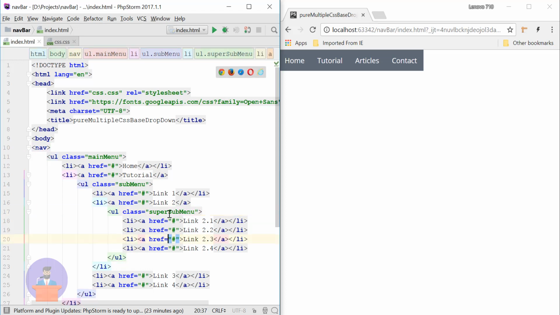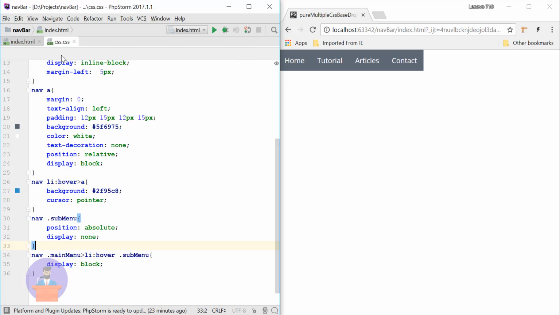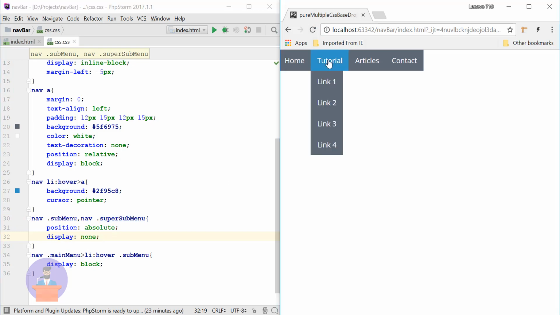Okay, here we need to provide some CSS to this class, and here we need to make it absolute and none. I will just add the class to this previous CSS. Okay, right now if you see it's not coming. Now we will make display as block when we hover on this submenu.